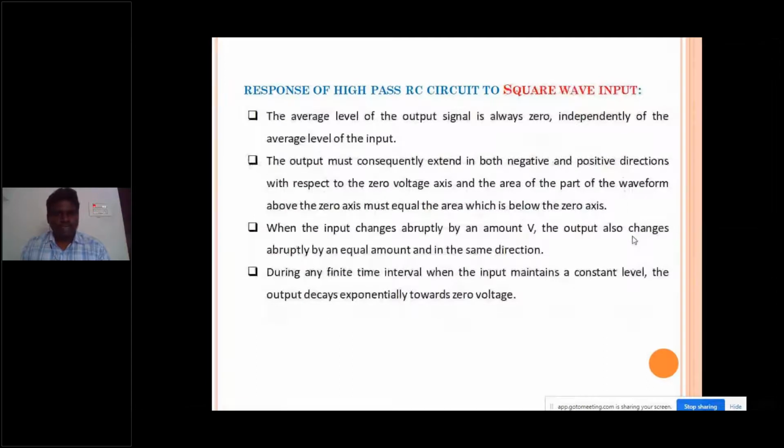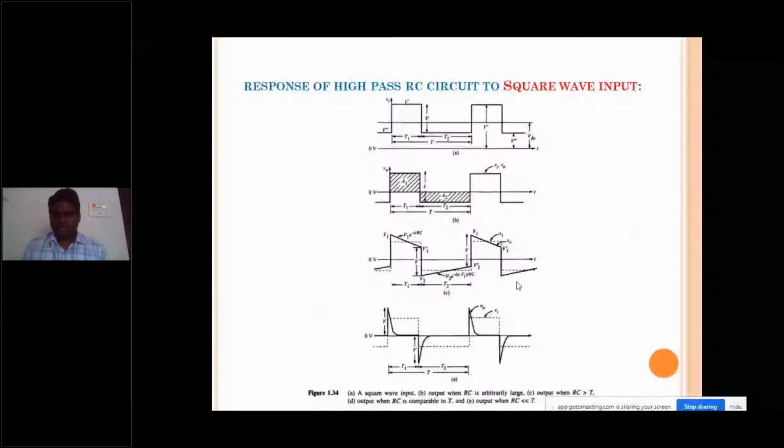Now similarly, if you apply the square wave to this, then what will happen? What you need to understand here is, first concentrate on step input. If you are able to understand how you are getting the response to your step input, you are able to give the response to the remaining inputs. See, let us apply the square wave. This is an unsymmetrical square wave. If I apply an unsymmetrical square wave to this, then what will happen?